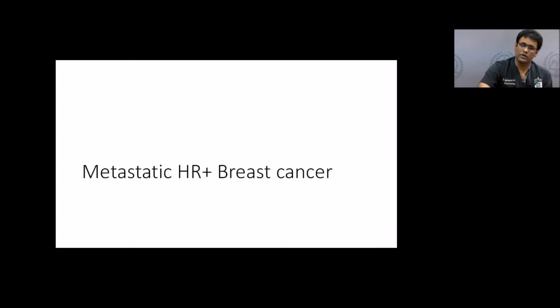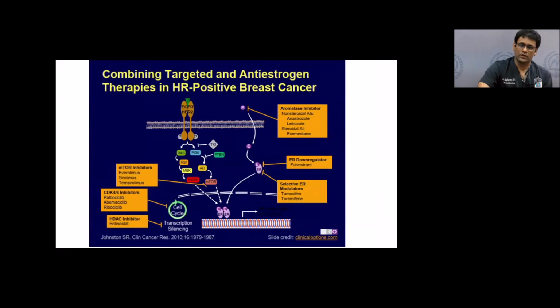So what do we do for metastatic ER-positive breast cancers? There are multiple targets available now. It is not essential that these patients have to receive chemotherapy, but there are multiple targeted therapies available. Already, we have multiple trials with the CDK4 inhibitor group, which has replaced chemotherapy in many patients unless they develop organ failure, and has shown significant improvements in survival. And many more drugs in different pathways are in the pipeline.